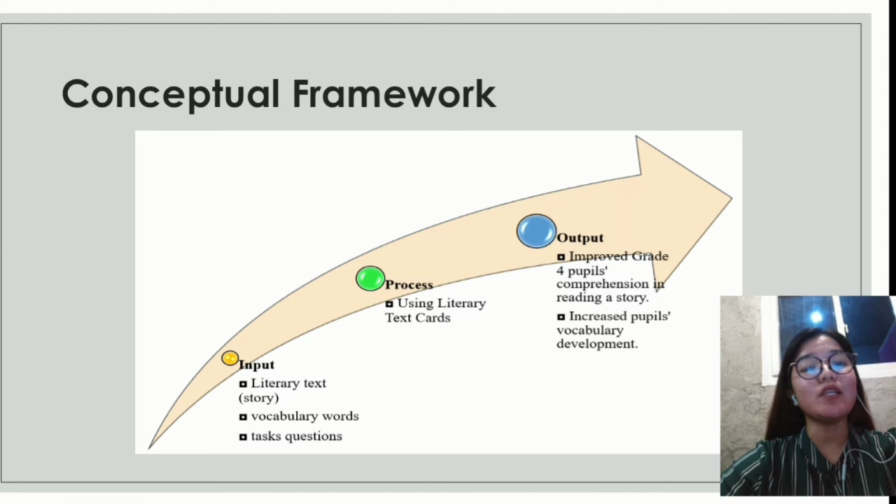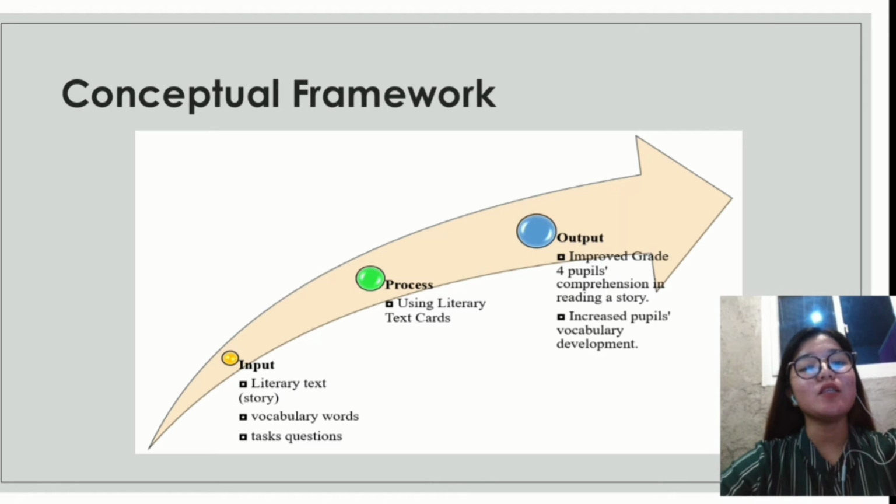As you can see, our conceptual framework has an input, process, and output because it is the best framework to use, especially that our research needs an intervention. And IPO, or the Input Process Output Conceptual Framework, is relevant one to use. In input, we indicated our needed materials such as literary text, vocabulary words, and task questions.